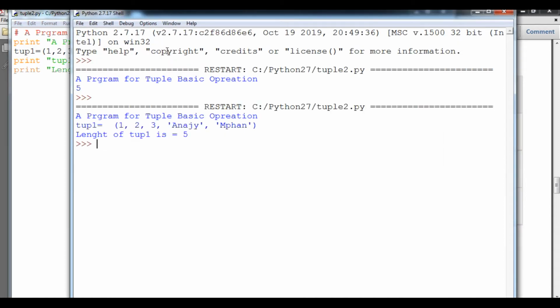Now you can see the length of the tuple is 5, and the contents and elements are 1, 2, 3, that is Ajay, Mohan, like this.